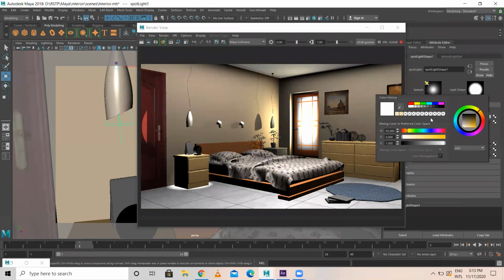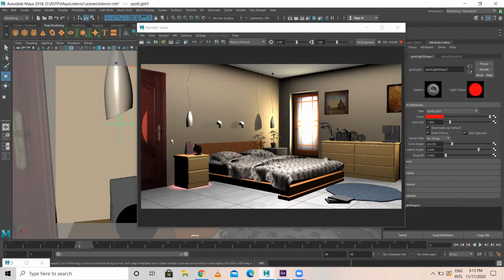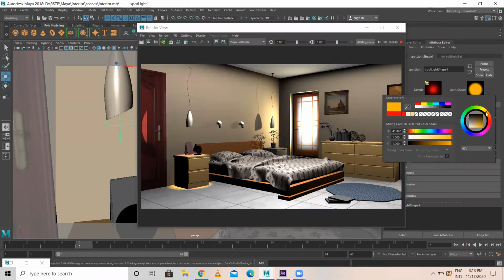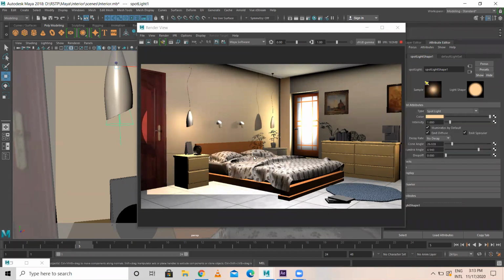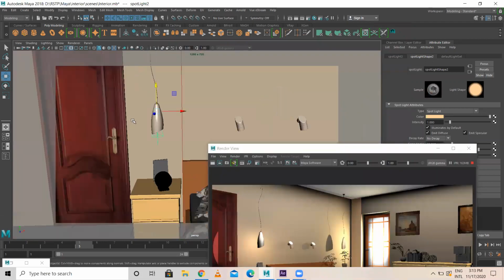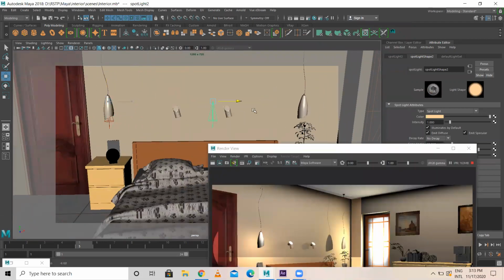Yes. Now, spotlight color, let me pick spotlight color as red. You have this red color, or what color you want? Yellowish, something like this. Spotlight. Okay, this looks good. Now what I'll do, I will duplicate this and I'll add this light here also.